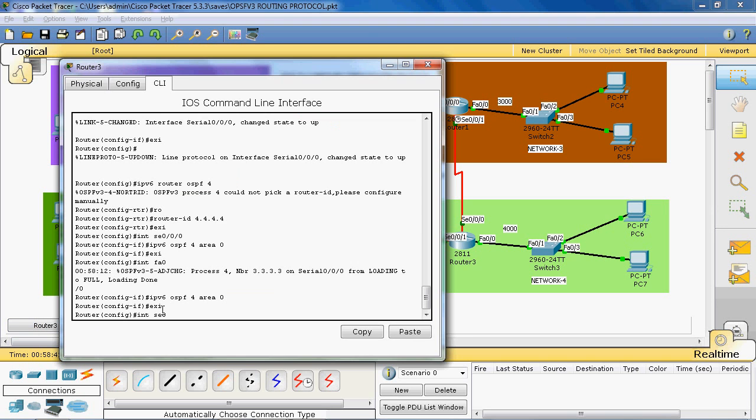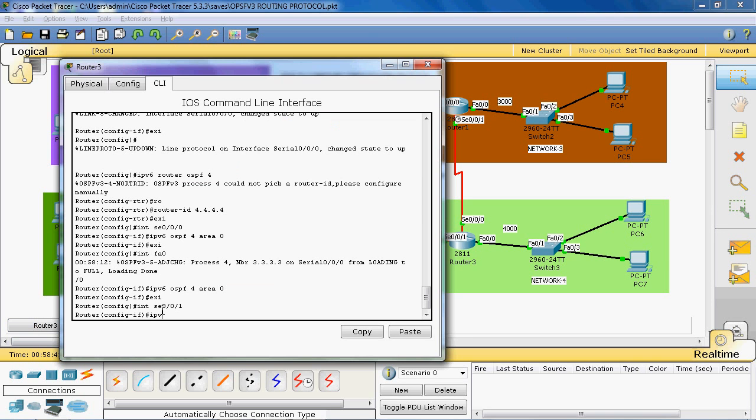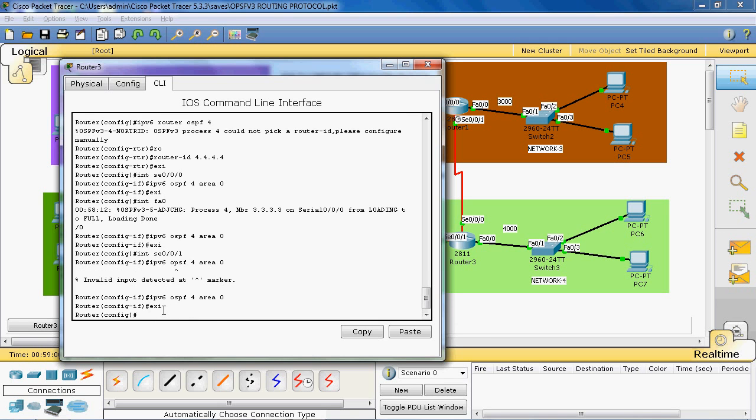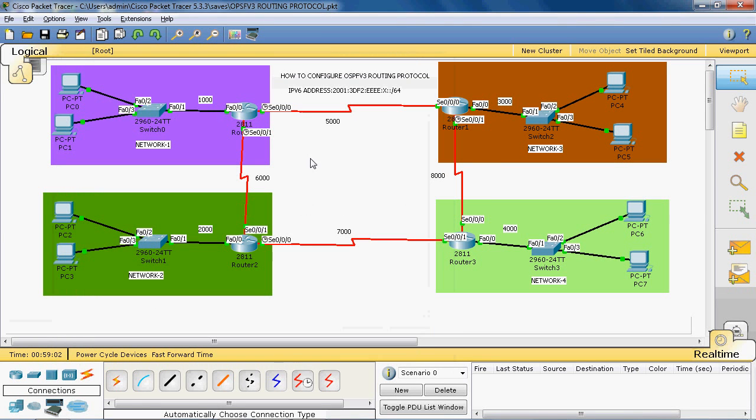IPv6 OSPF, process ID is 4. Area 0. Exit. Okay. Now OSPF version 3 routing protocol is configured in network 1, network 2, network 3